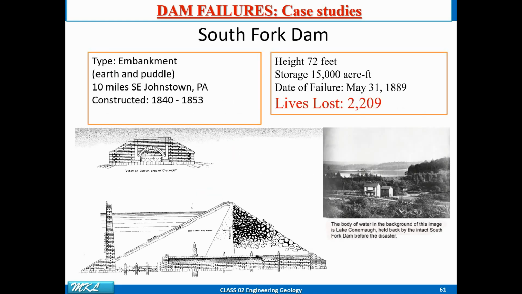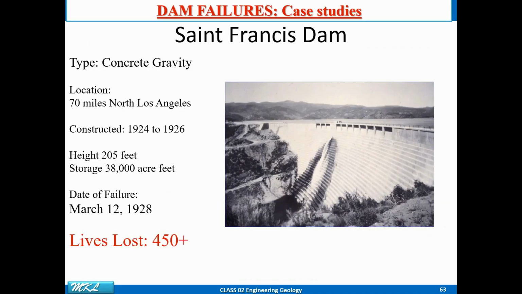there are other examples also, like the South Fork Dam. Here around 2,200 people died in USA, but it was in the 1840s. Okay, then St. Francis Dam. Here it was a concrete gravity dam, constructed in 1924 to 1926, and the lives lost were 450 plus. Around 500 people died from this incident. So failure तो होता है डैम का, but you should have taken some remedial measures beforehand. So ये पाइपिंग हो रहा है, क्यों पाइपिंग हो रहा है, that you have to consider. Okay,